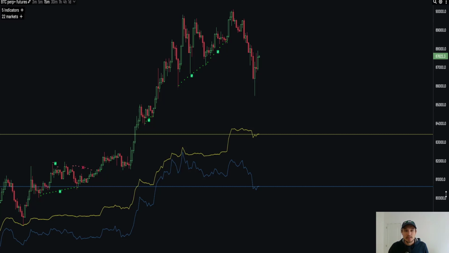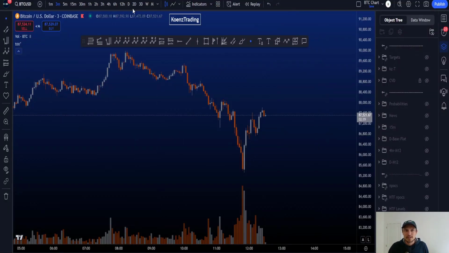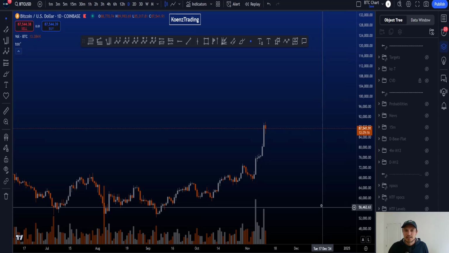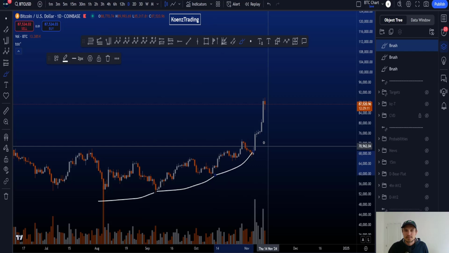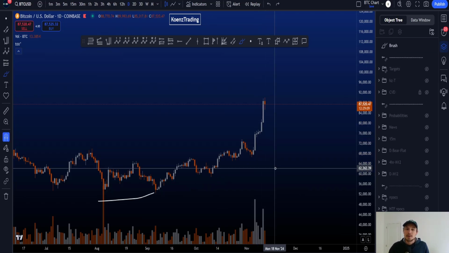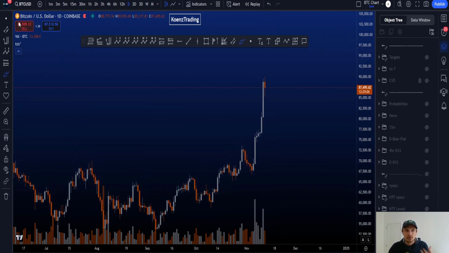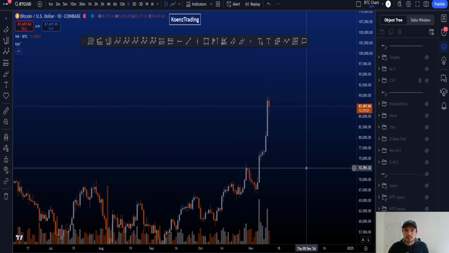If we look at the CVD divergences, then at the moment there are no bullish nor bearish CVD divergences on the chart. All of these CVD divergences here already played out. Of course, in a bull trend, the bullish CVDs are far more interesting than the bearish ones, and all of them have played out. We had bullish CVDs the moment the 49k low was made, bullish CVDs over here, and then they just kept stacking as price moves to the upside, which is exactly what we like to see,